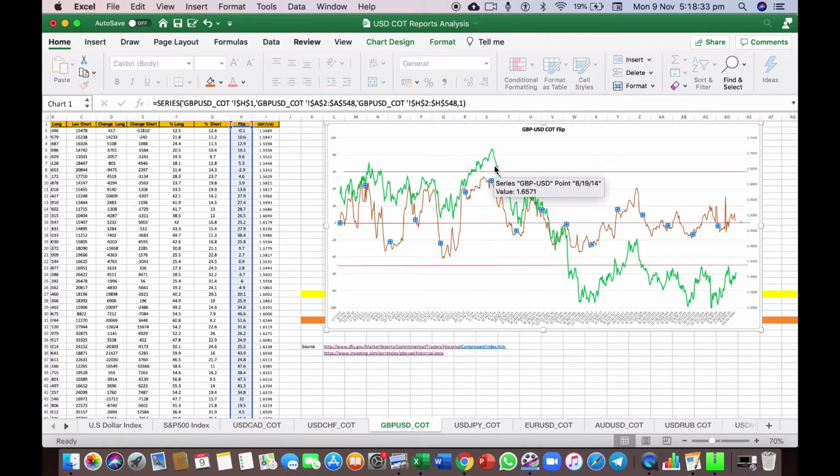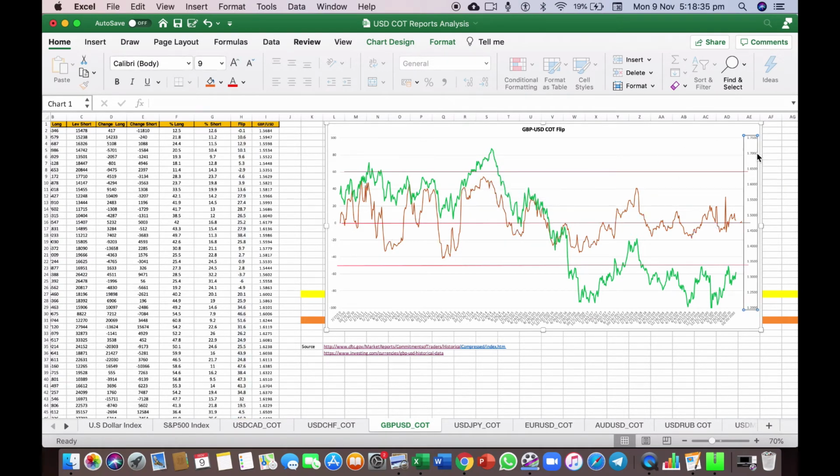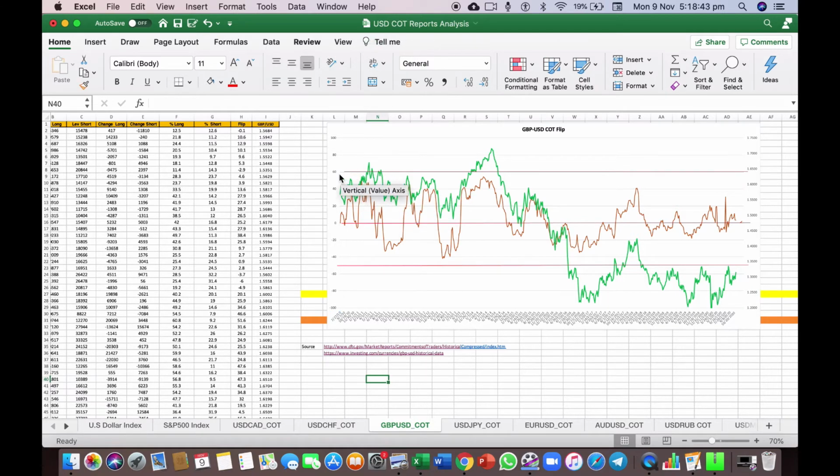The currency pair can go outside of the range because, as we can see, we have the pound dollar exchange rate on the right hand side and you have the flip data on the left hand side. But if you look at the flip data, it always stays within the bounds of 60 and minus 30. Going back to 2010, the flip data stays within this range, because what it said is